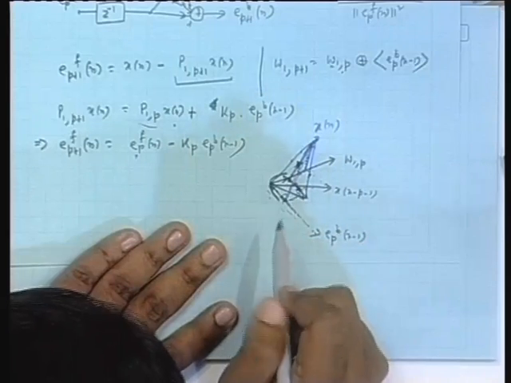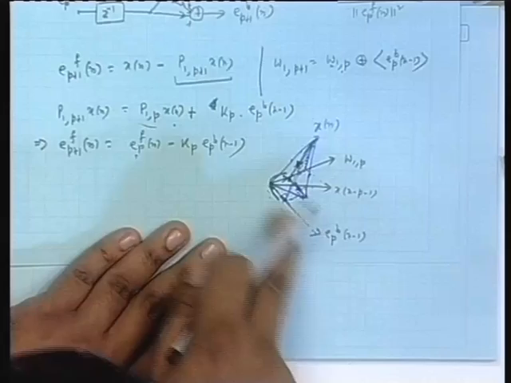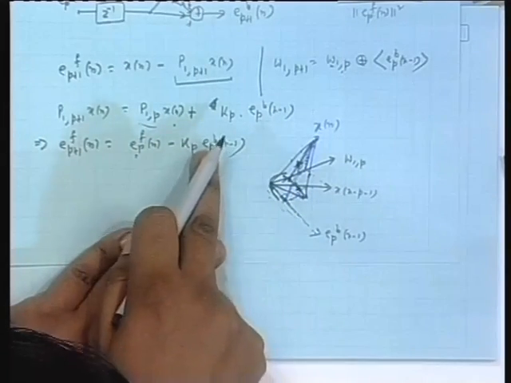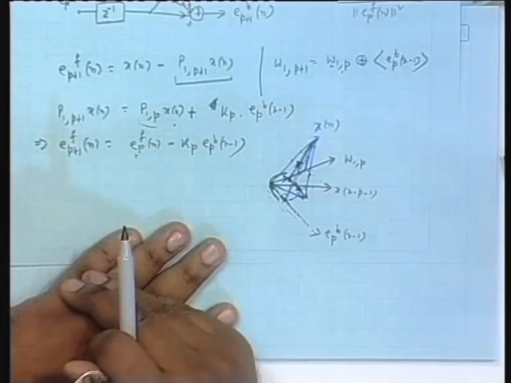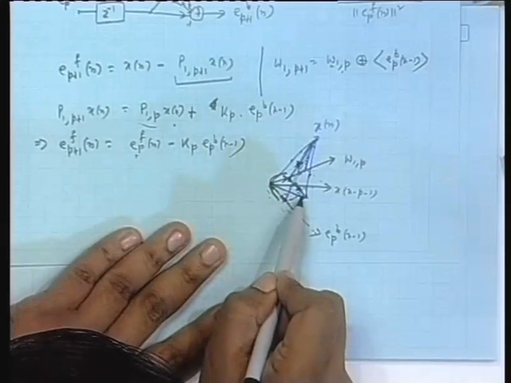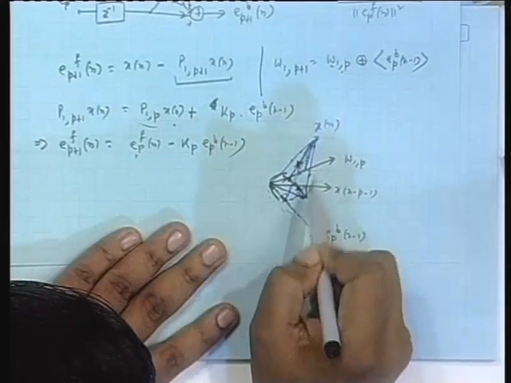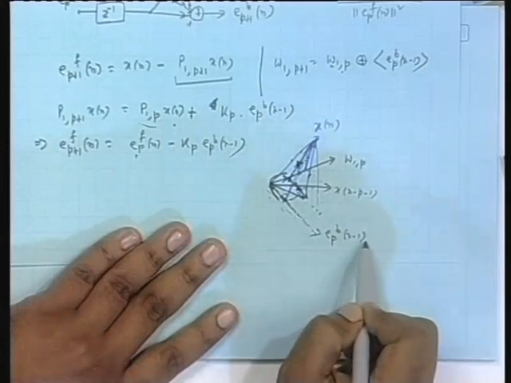Okay. So, how much is this guy? This guy is this vector times Kp, this is EPB n minus 1, that is spanning this line, that times Kp. Suppose now instead of Kp, I have any k. If I say that suppose instead of taking up to this, I go up to this, then this error would become this much. If I go after this, the error will become this much.